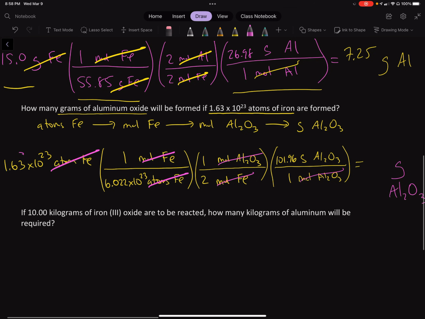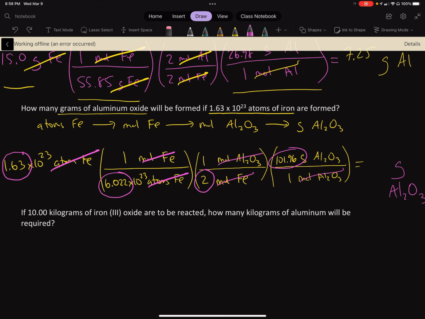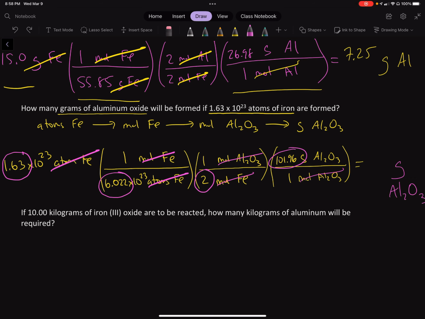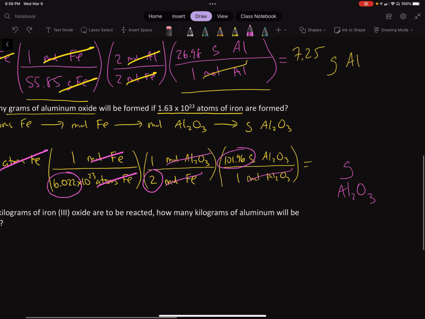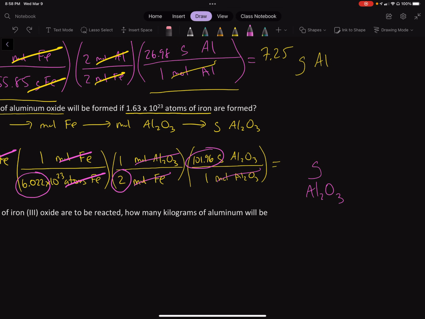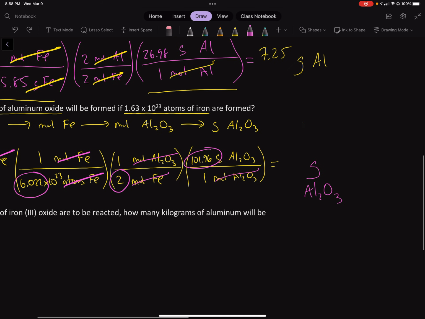So like the 1.63 divided by 6.022 divided by 2 and then times 101.96, and then consider the times 10 to the 23 parts after that. And in fact, since they're both 10 to the 23, they're going to cancel anyway. But if we do that, so just the 1.63 divided by 6.022 divided by 2 and times 101.96, your calculator should tell you